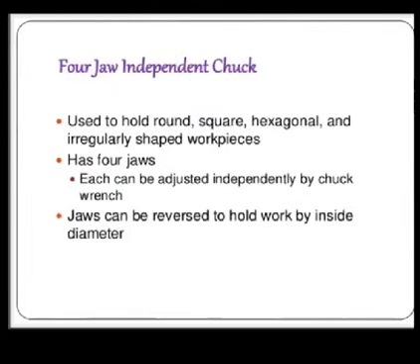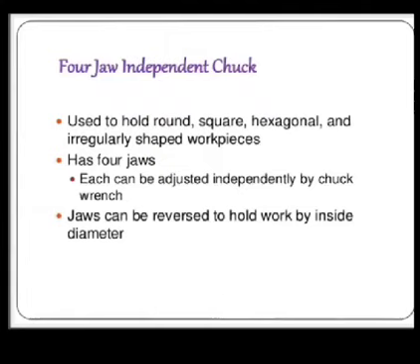Next is the 4-jaw independent chuck. A 4-jaw independent chuck has 4 jaws, and each jaw is independently actuated with a key for holding the job. These types of chucks are used for holding irregular shapes, rough castings, square or octagonal jobs, and such jobs where a hole is to be positioned off the center.